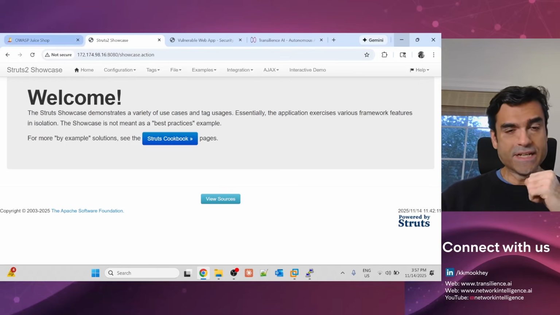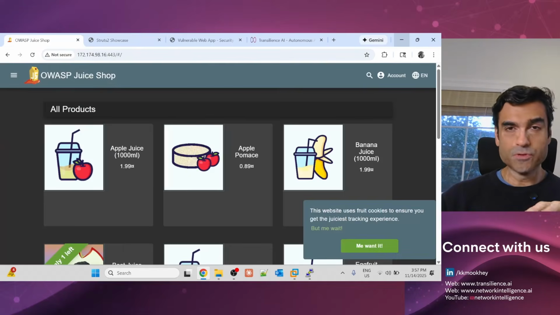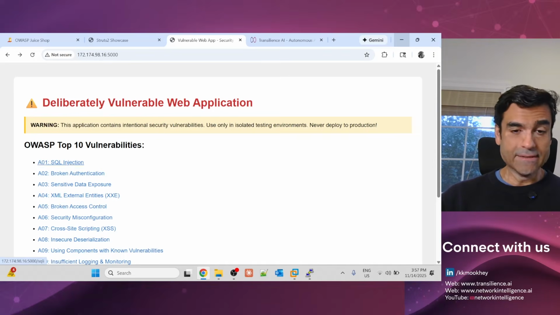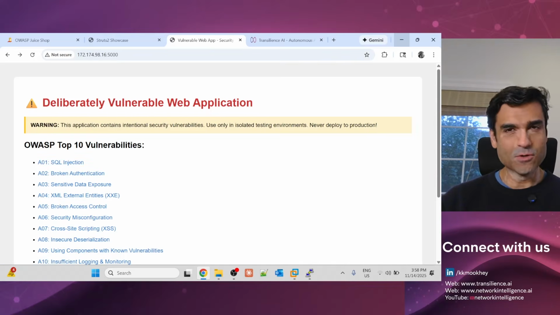The second thing that we did was we initially set up the OWASP Juice Shop. And then we ran into a very interesting problem, which is that all of the LLMs know about OWASP Juice Shop. And so they automatically know all of the vulnerabilities that exist. So we had to build our own vulnerable web app. Obviously, that was simply vibe coded, but at least the LLMs would not know the vulnerabilities beforehand. Well, the sections themselves are titled by the name of the vulnerability, so that's something we might look at fixing